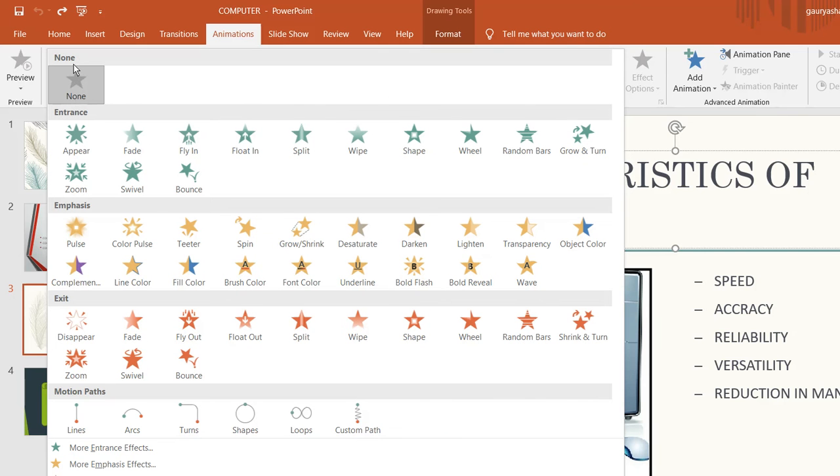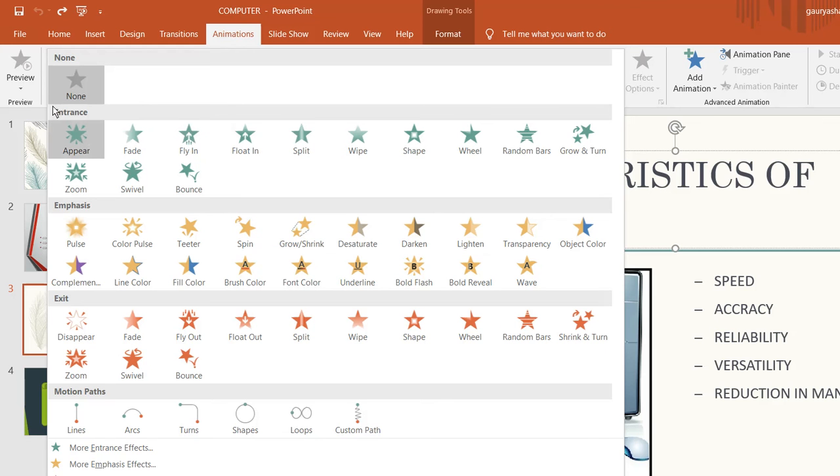Here different types of animations are given: entrance, emphasis, exit, motion paths, and one more, that is none. With the help of none, if you have applied any type of animation and then want to remove all animation, that time you can click on none.